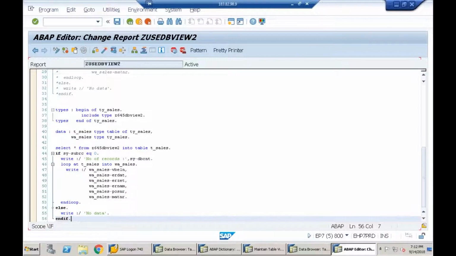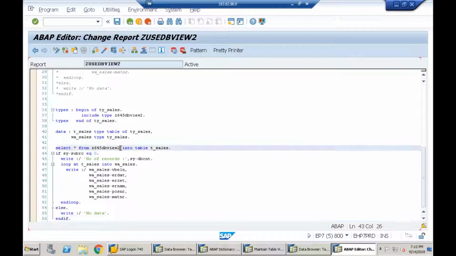So using too many joins in the select query may degrade the performance slightly. So one of the techniques to improve the performance is what? You create the views. Create the views on those dependent tables and directly use the view in your select statement. So to summarize,